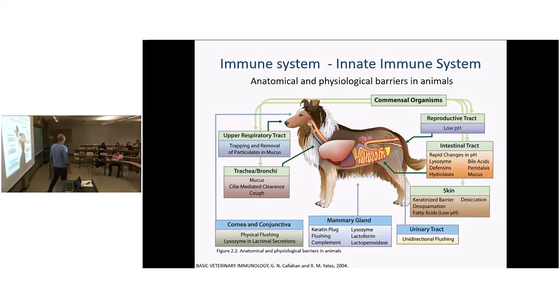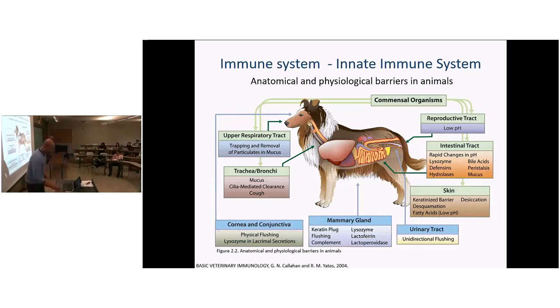You have the urinary tract, just the fact that it is a unidirectional flow, that you pee and there's no way in. This is one of the ways to actually get rid of infection. If you drink a lot of water, it actually means that you're less likely to have, for example, a urinary bladder infection. Why? Because you're flushing things. Another way is like vomiting, diarrhea. You are removing things. This is all somewhat part of your innate immune system.